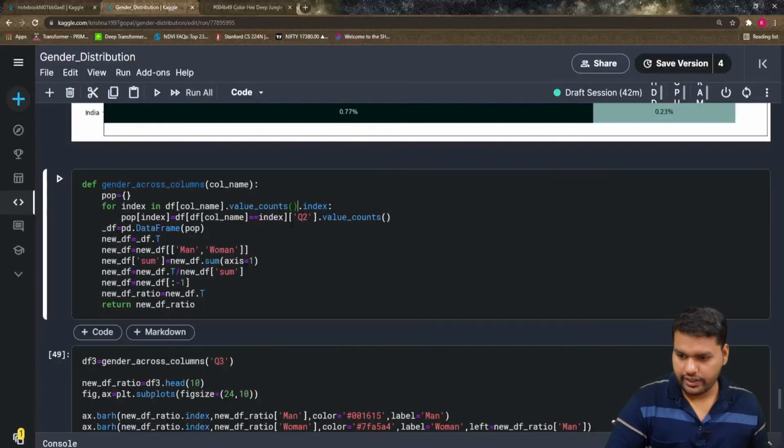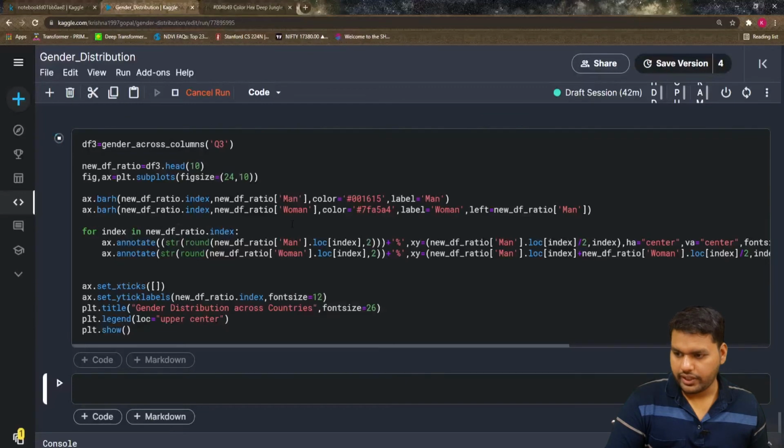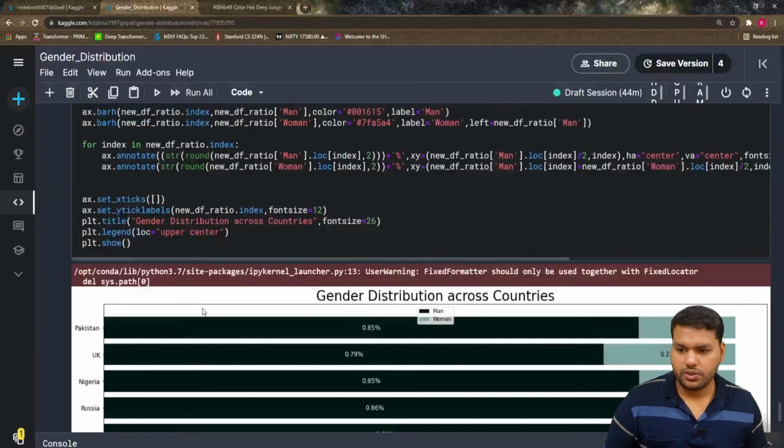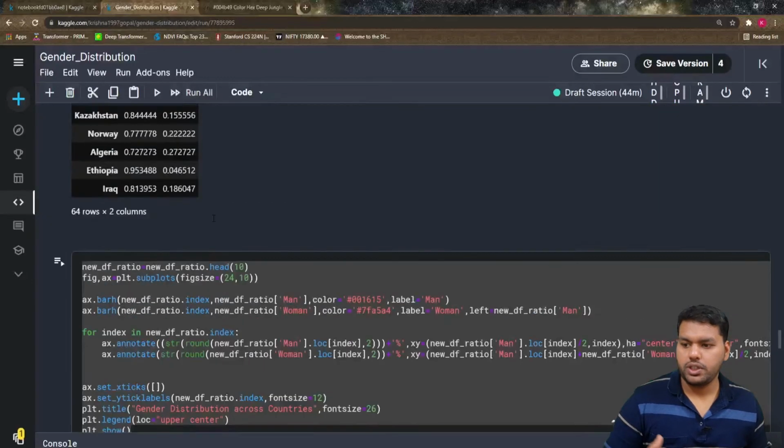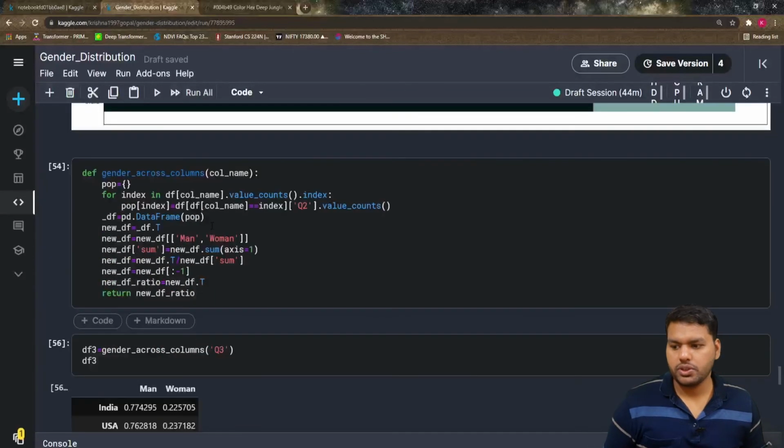So this is the error here. Now I think it will work. So this is that simple. We just create one function. We don't need to do that many steps. Now suppose I want to see for the df4, that is our q4. I think that has how many people.